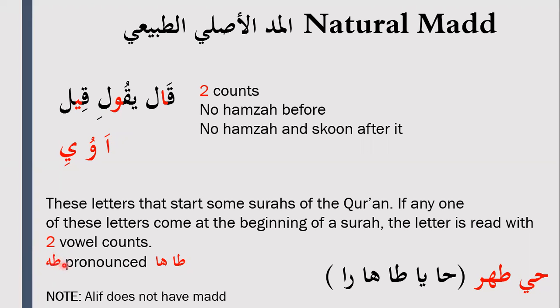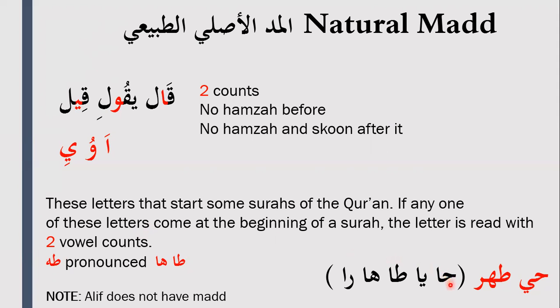If these letters came in the middle of the surah and they had voweling on them, I would pronounce them as normal. This condition only applies to these letters coming at the beginning of the surah, only at the beginning of the surah. So please don't go around elongating them during the normal reading, where you find them in the middle or at the end. This only applies to those that come at the beginning of a surah, like Ta, Ha, and I need to elongate that for 2 counts.